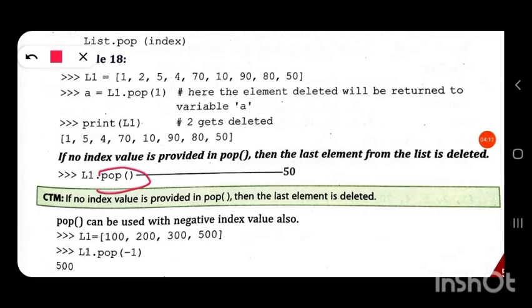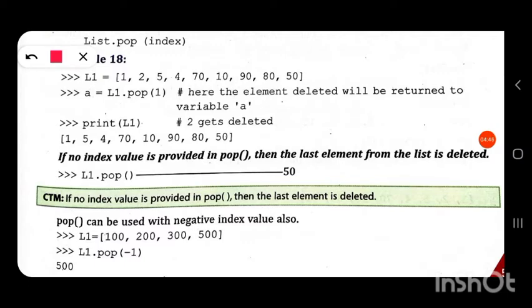Here we have a list L1 equal to 100, 200, 300, 500. L1 dot pop of -1. We know that -1 means the last value in the list.